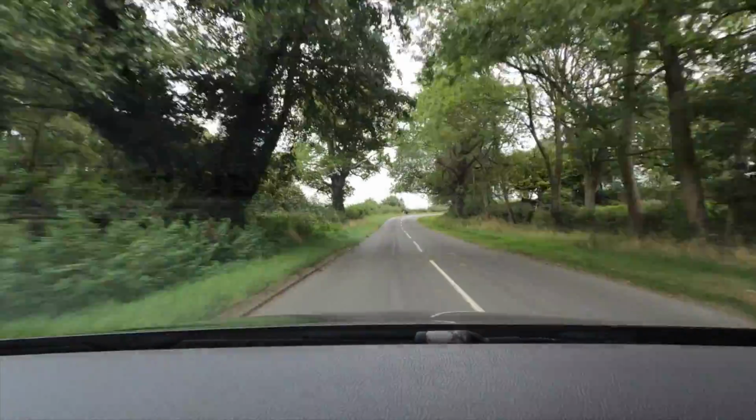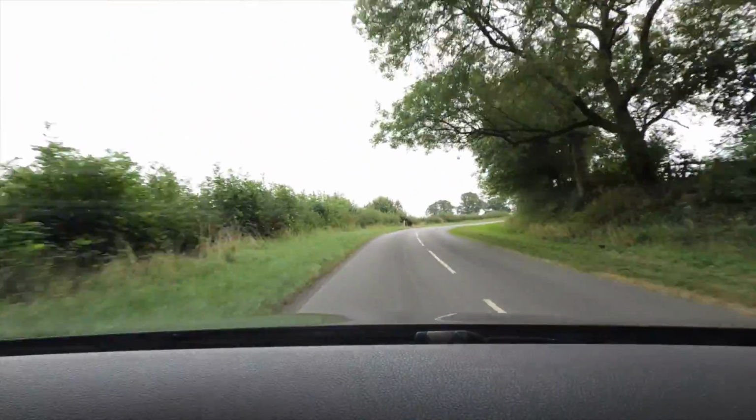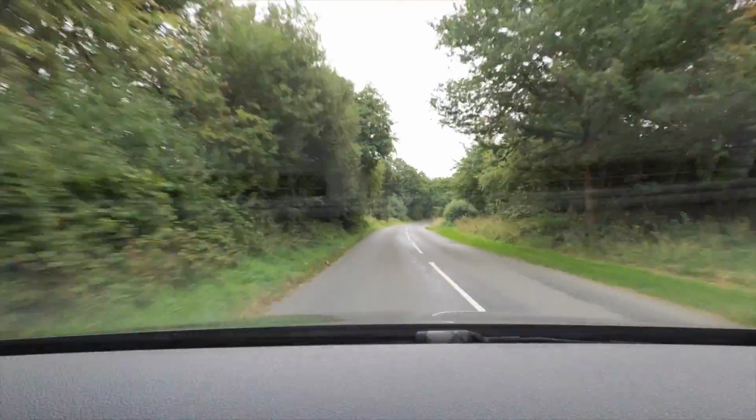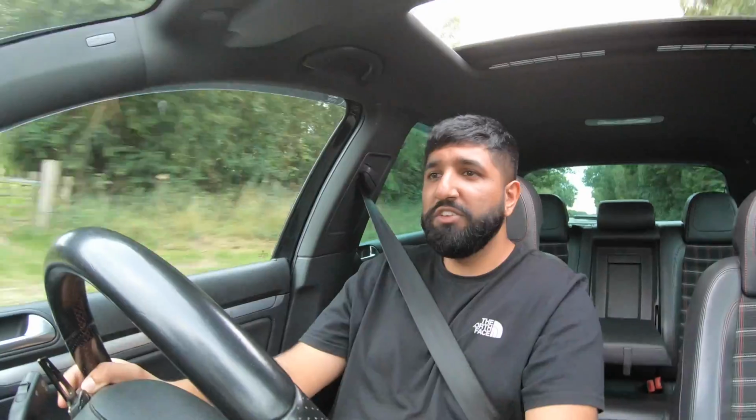Oh, it just fires ahead. There it is. Quick old thing this is, man. Stock brakes are okay so far. I think it's because I'm letting the car